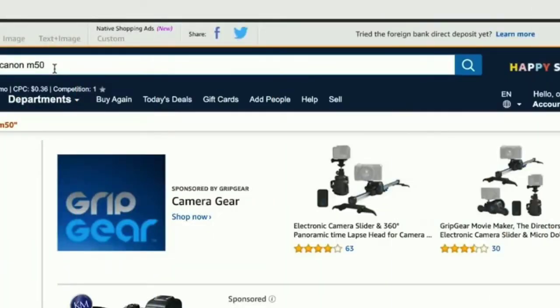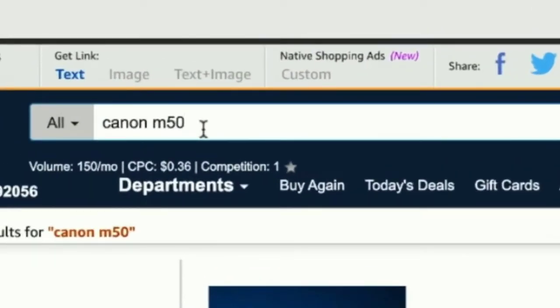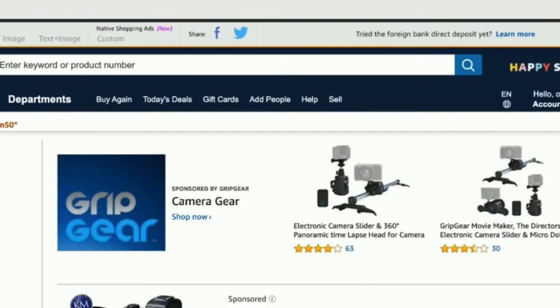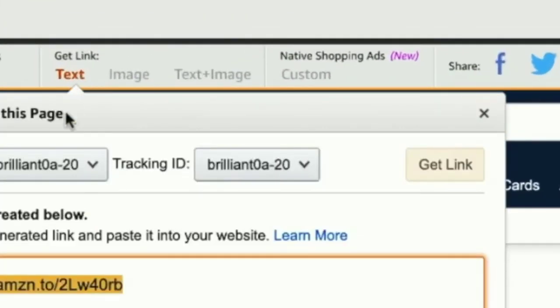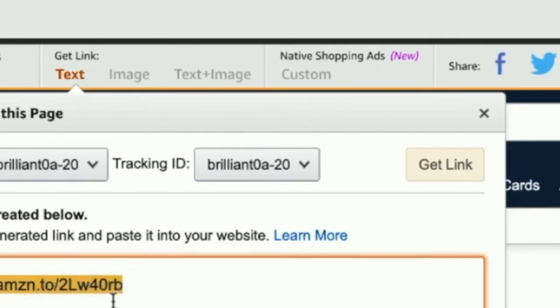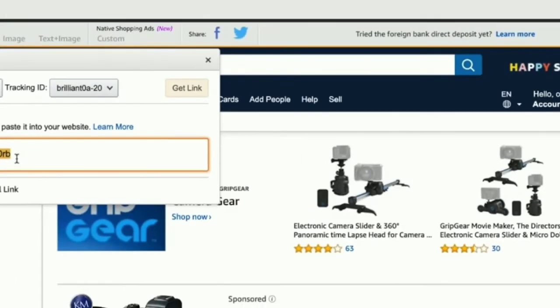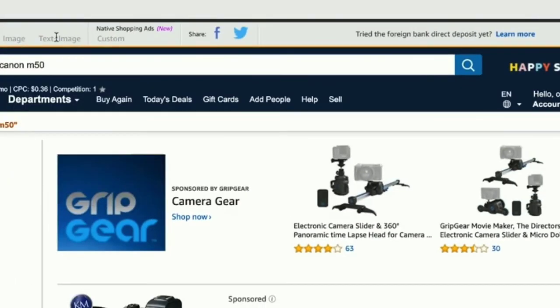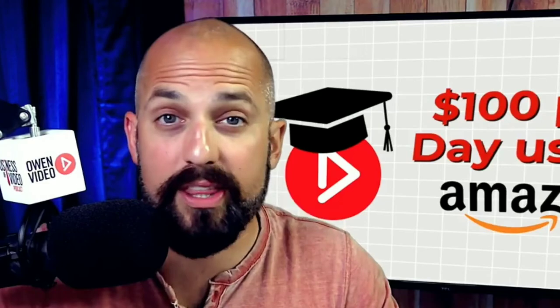So you can go to Amazon and you can search for something like a Canon M50. And when you come to the Canon M50 page, you can click over Get Link, and Amazon will give you a shortened link that when you share it, you'll get an Amazon commission for selling this product. So you can just find the product you want with a good price tag on it that naturally fits into the content that you create on YouTube. With this product that you've selected, you're now gonna make